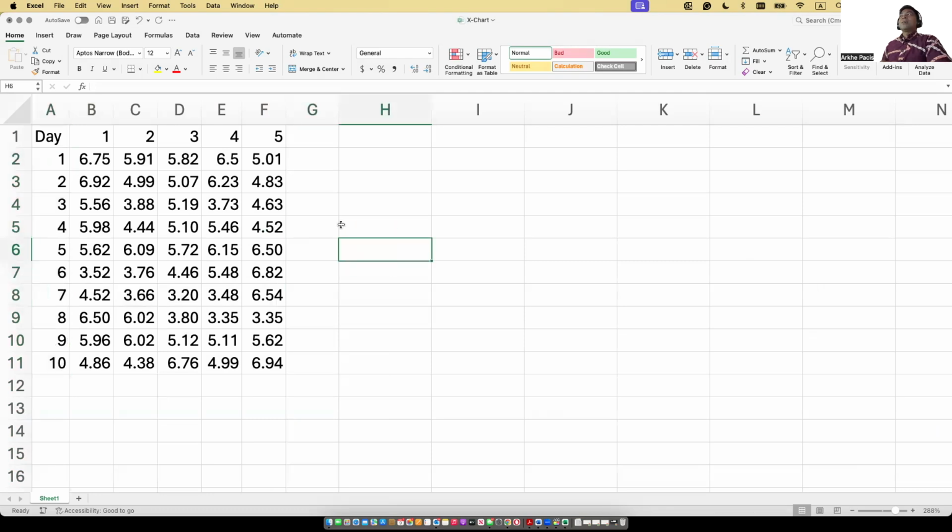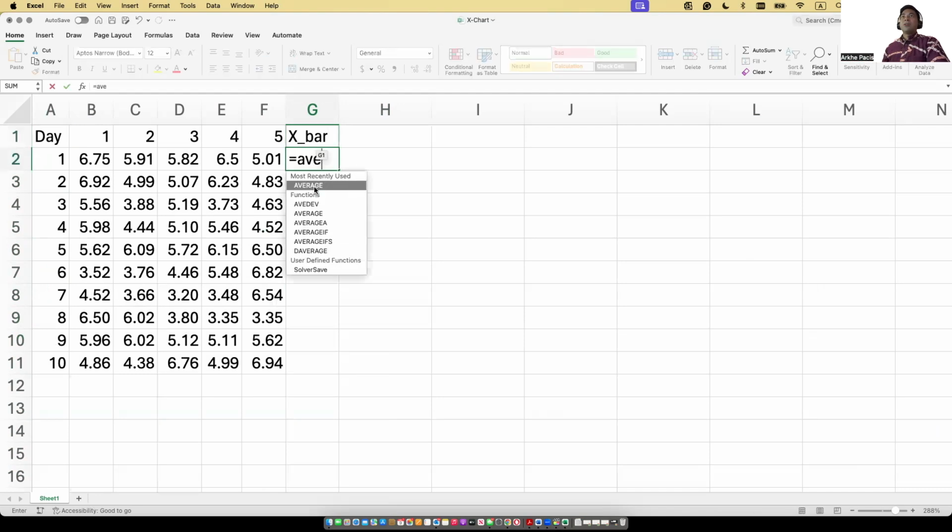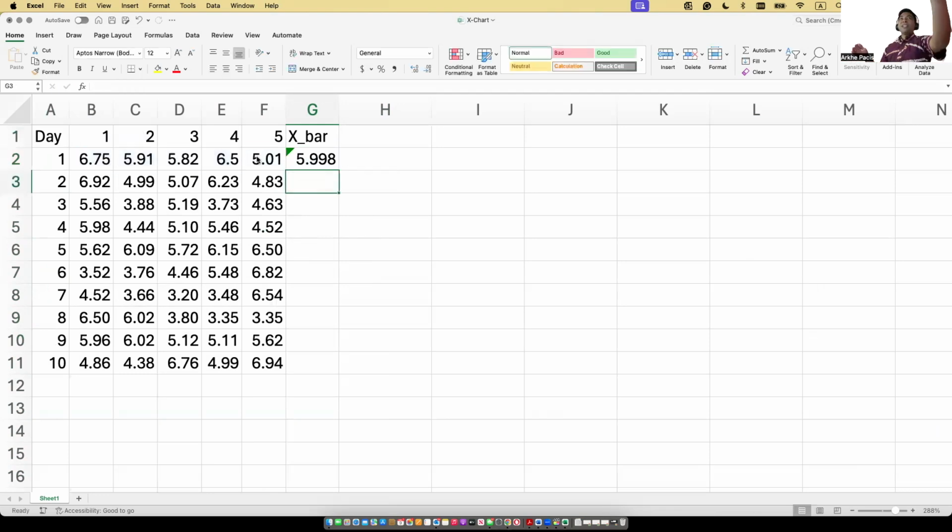It's called an X double bar because in statistical terms, X usually means the mean. The mean is the average. So before I import it to Tableau, I'm going to get the average of all of these data sets I collected per day. I measured on day 1, there's like 5 strands from different batches, I grab random strands of raffia and measure them. The first sample that I get is 6.75 feet. The second one is